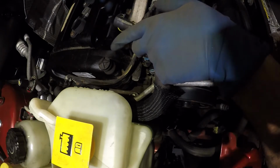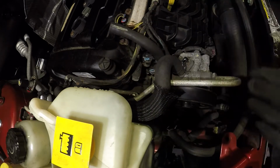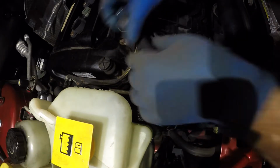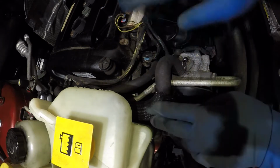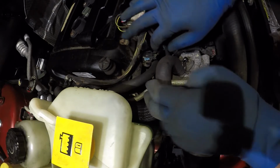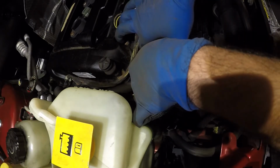And we're gonna order a new PCV. See, it cracked a bit from right there. That's okay. So let's push this pipe to the side. We cannot take off this pipe because all the fluid's in there, but we're gonna push this down on the connector,